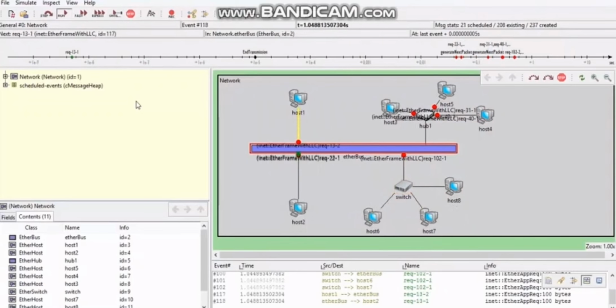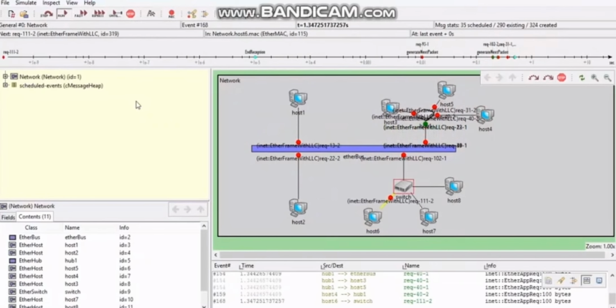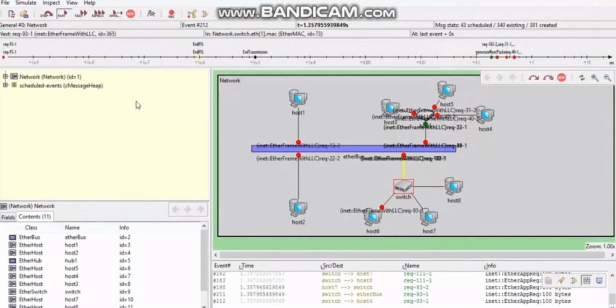That's all for today. After running this, it shows how the data is sent to each host, switch, hub, Etherbus, host 1 and host 2, and the panel down there will show the rate of it, how much data